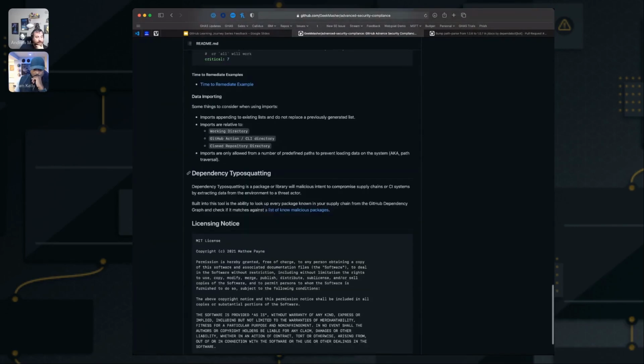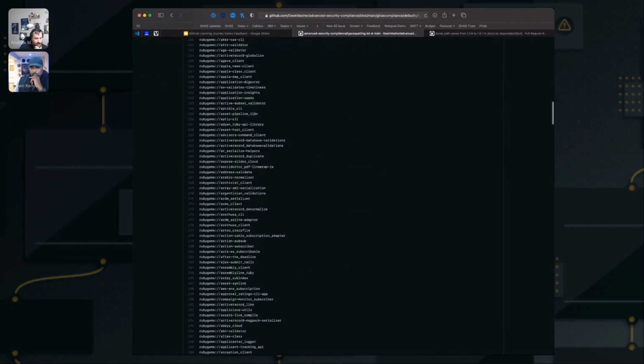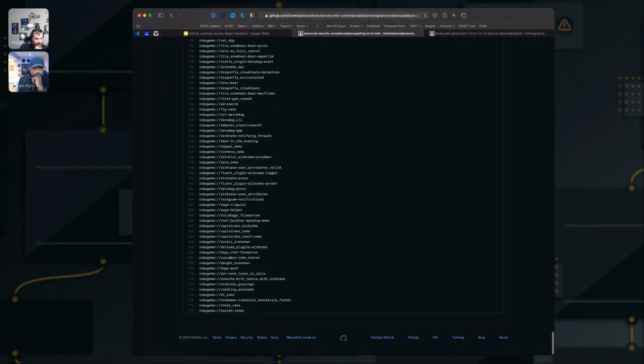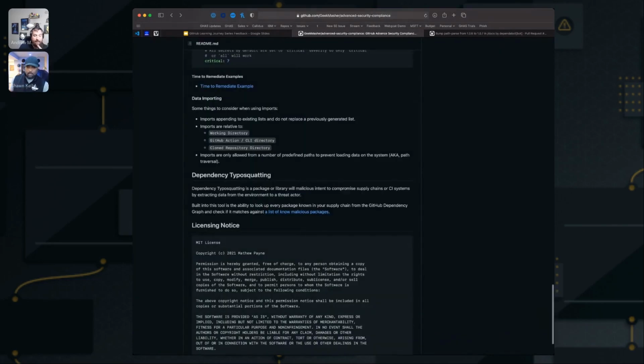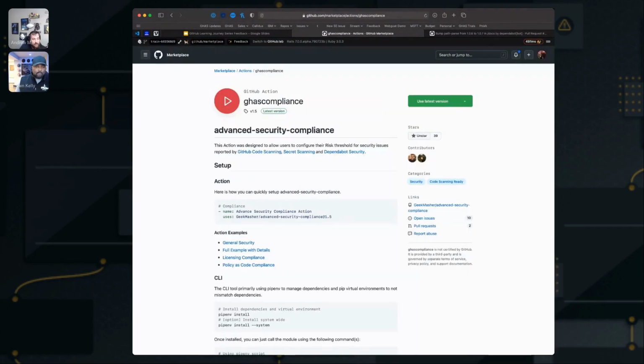And so what it supports from how would you do that and now allow deny list? That's probably one of the questions folks are thinking about: you'd want to really look at this dependency type of squatting. If you have known malware, known malicious packages, you can bring in this, do an import list. And we have one basically maintained here from sourcing things on the internet for folks. So you could add to this and then import that as part of your checks as well. And this is in the GitHub Marketplace. It's an open source GitHub action.